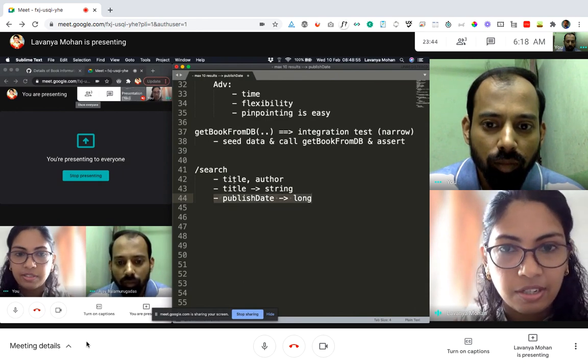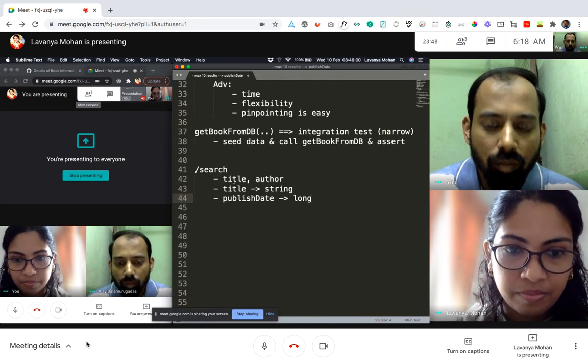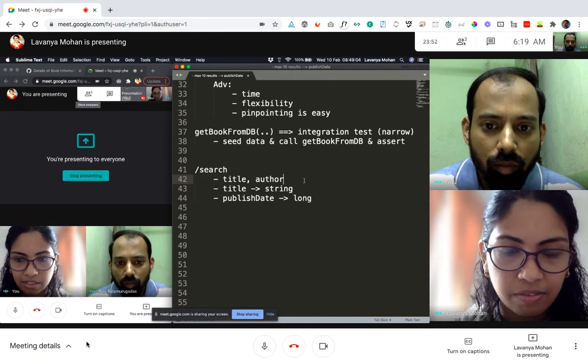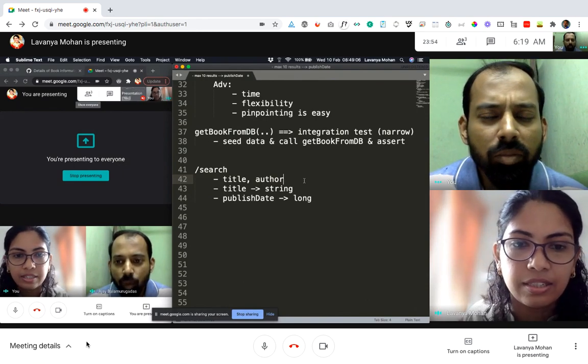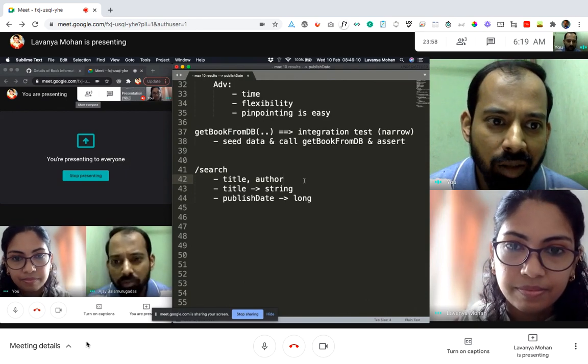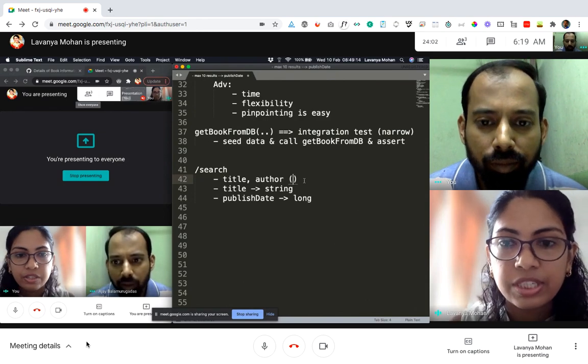So is it a long? So we can check the data types as well. And we can of course check the values as well, because we know what we are seeding inside anyway. So both the data for all the keys and then the data types. Right? Yeah, so we could check data and data types.